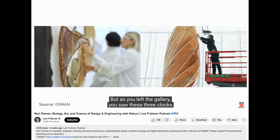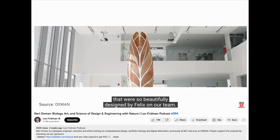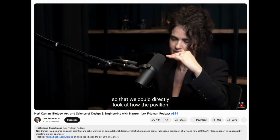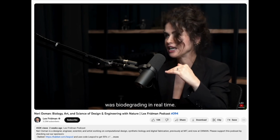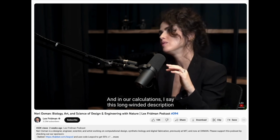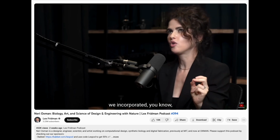But as you left the gallery, you saw these 3 clocks that were so beautifully designed by Felix on our team. And these clocks measured temperature and humidity, and we connected them to a weather channel so that we could directly look at how the pavilion was biodegrading in real time. And in our calculations, I say this long-winded description of the pavilion to say that in the calculation, we incorporated,